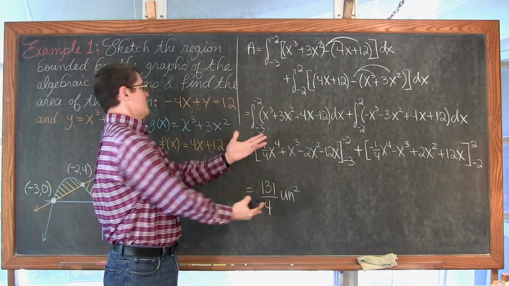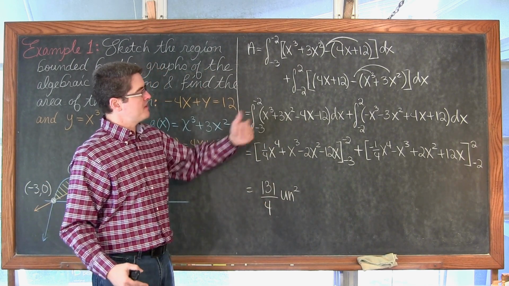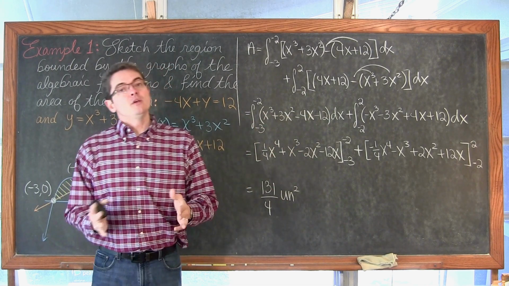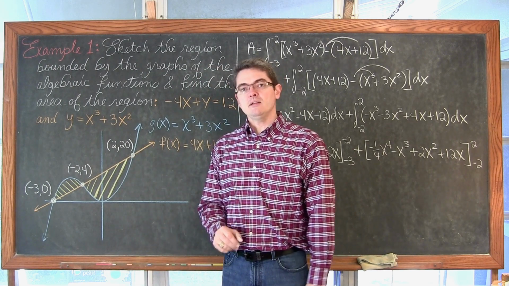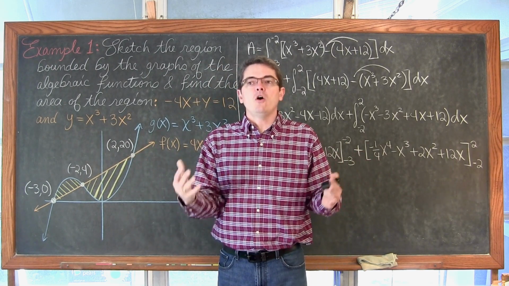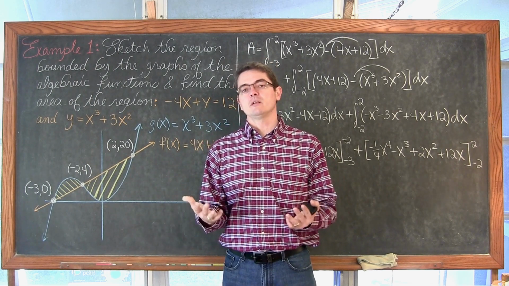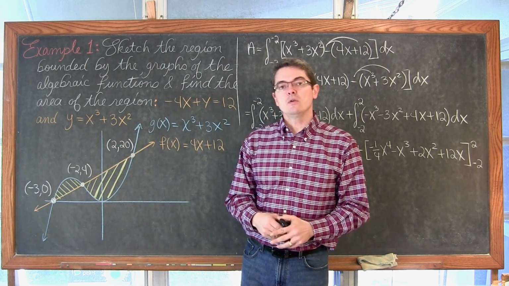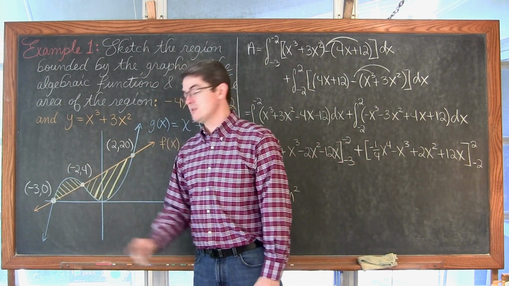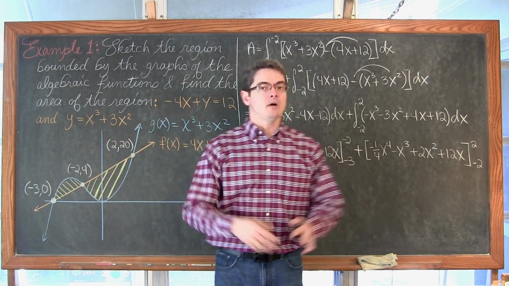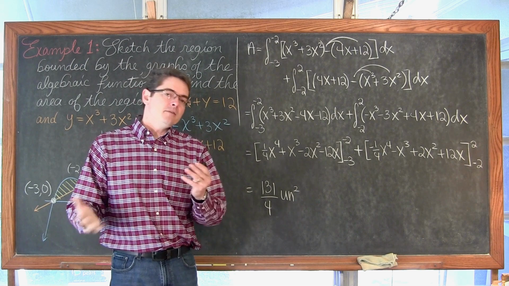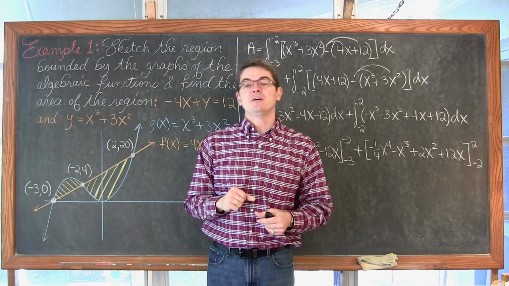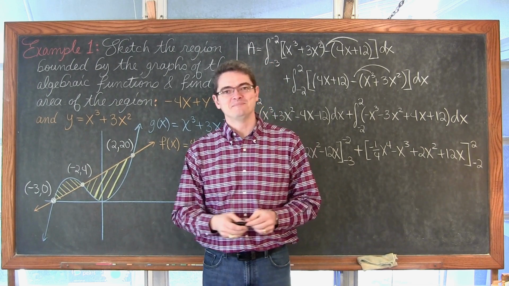Now, clearly, this was easily solved by hand and was even a pretty basic polynomial for us to do our integration with, just using the power rule. If you couldn't find these intersection points by hand, or we couldn't use some of our fundamental integration rules to integrate these functions, then you would have to use a calculator to find these intersection points and the area of these regions so that you could then add them up and get our answer. So, even though we could do this problem by hand, just before I get on to the third example, I'm going to throw in a little clip of how to do this with a calculator.